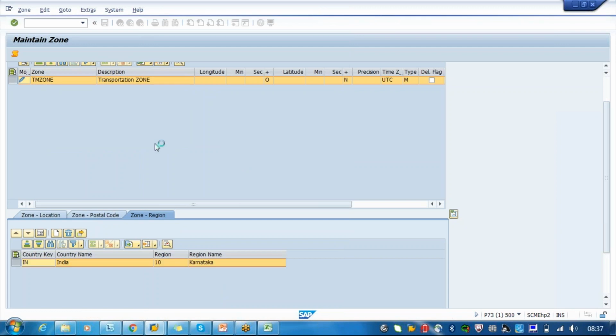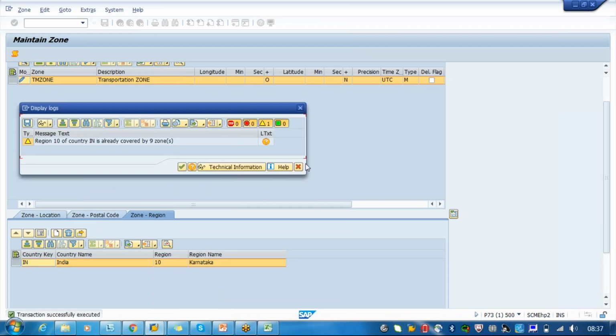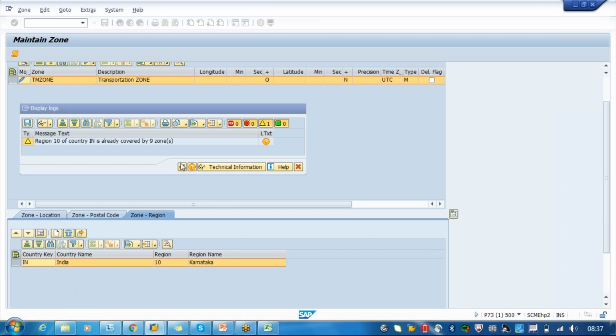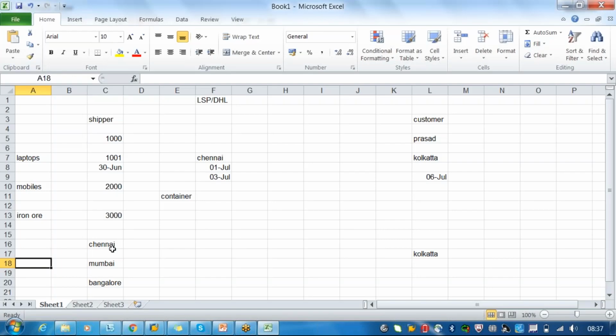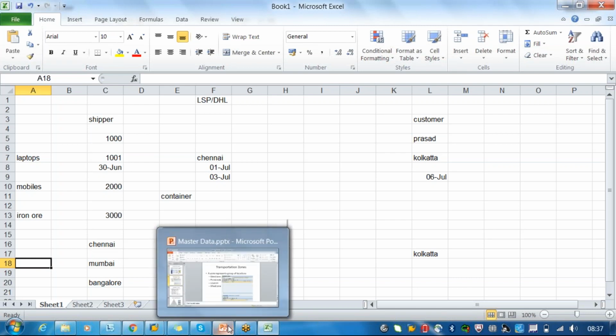Whatever locations are created with this, everything will be added into this zone. You can see here, it contains 9 zones. So everything will be added here. So this is the purpose of the zone. Basically, this is useful only for planning work. That's all. This you have to create manually in the system.